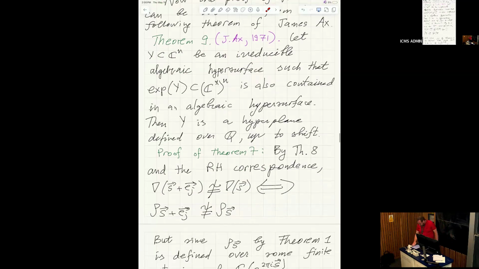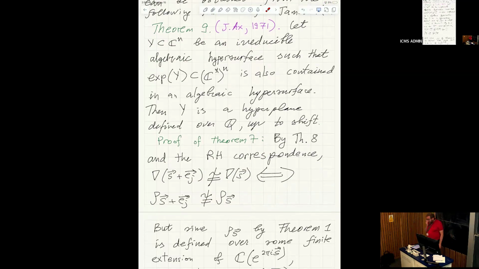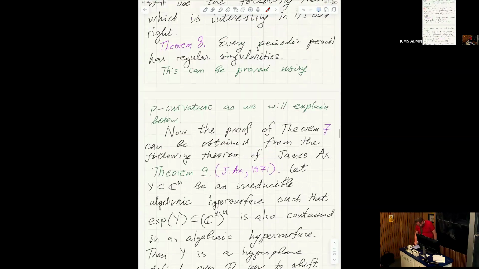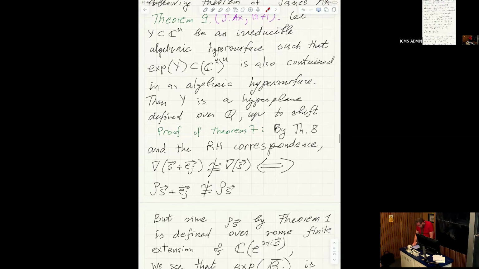And the proof of my theorem now is the following. By this theorem, the theorem about exponentiating hypersurfaces and Riemann-Hilbert correspondence, I have, so by the theorem about periodic pencils, that they have regular singularities, sorry, and Riemann-Hilbert correspondence. So that means I can apply Riemann-Hilbert correspondence, and the equivalence of differential equations is the same as equivalence of